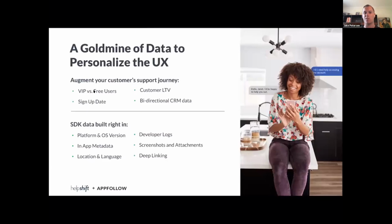Service them differently based on their sign-up date. So customers that joined in the last 3 months, maybe you give a higher priority in the queue or preference. Their lifetime value: can you see what their LTV is to your brand and give them a differentiated experience? Or bi-directional CRM data, because you're using this advanced messaging tool that could live inside your application, you can pull and augment the data with CRM data and give them different journeys through these microbots, dependent on any information that's